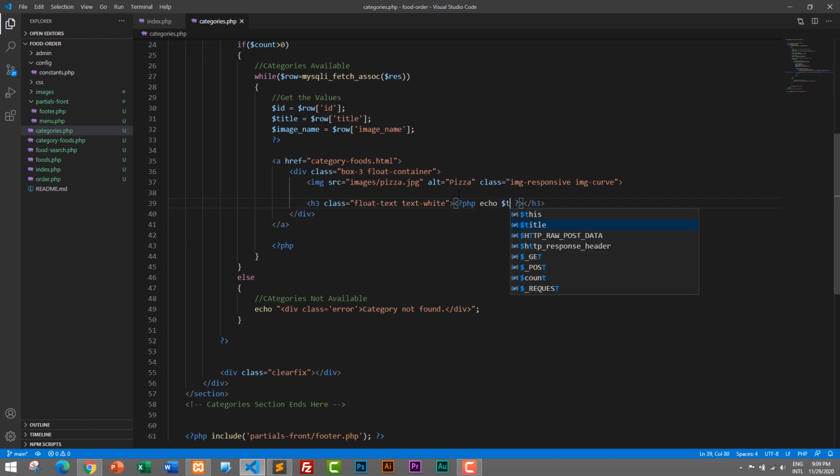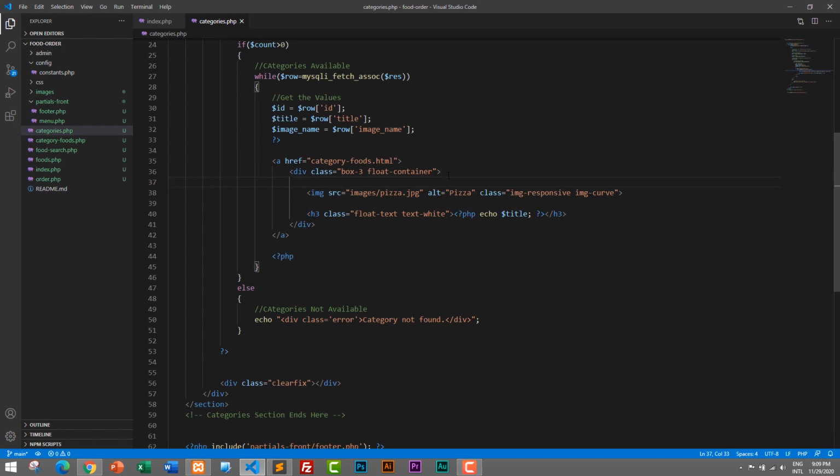echo $title. That's it. Now we need to check whether image name is available or not, and display the image name when image name is available. When image name is not available, then we will display error message. Okay, so here I will